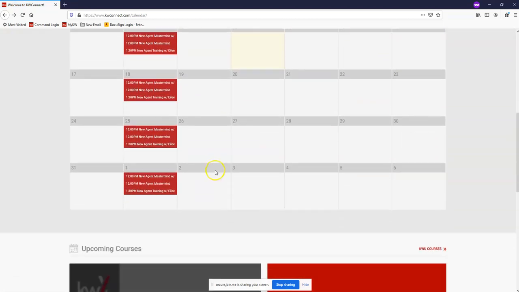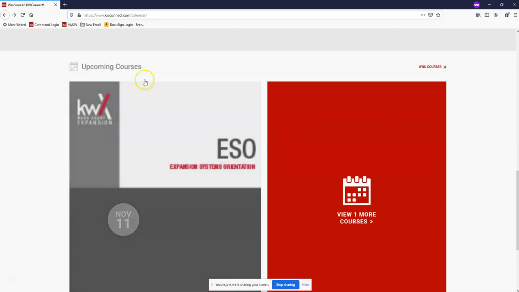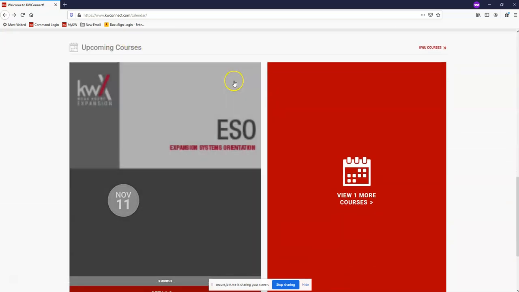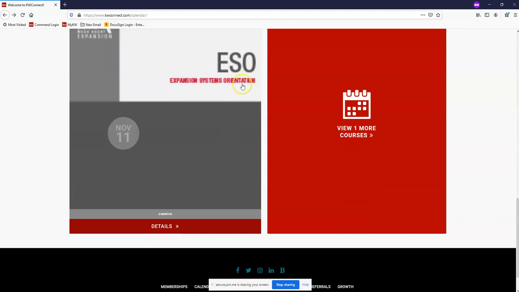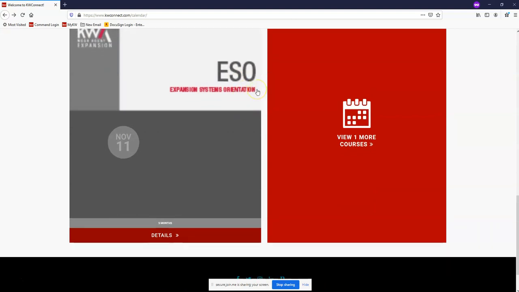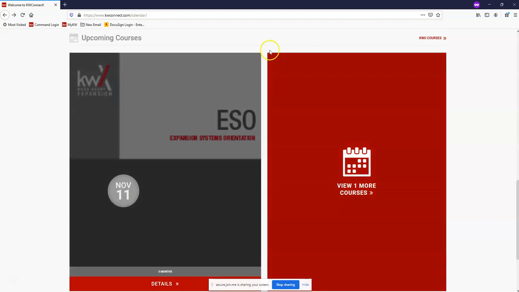Once you guys have that calendar, again, if we scroll down a little bit, we're just going to look at upcoming courses. So these upcoming courses, right now they're only going to pull office courses, but if you have it set to all market centers or your region, you can pull courses all over the place. So especially if you're looking for maybe Bold, say you're trying to join Bold or you're trying to see